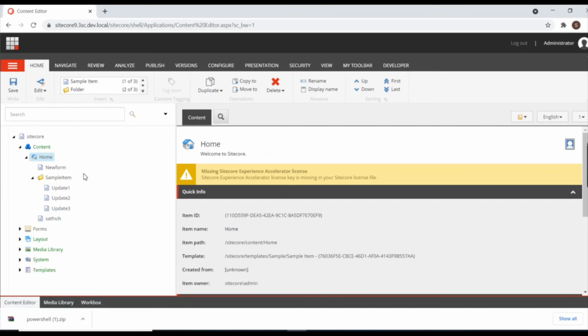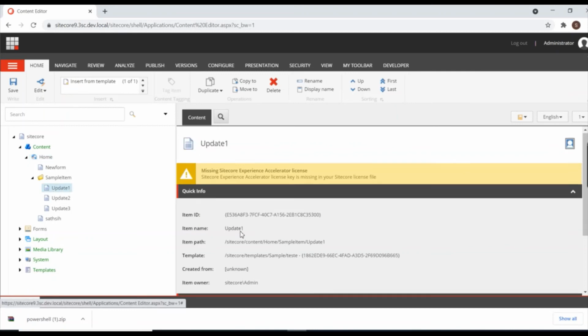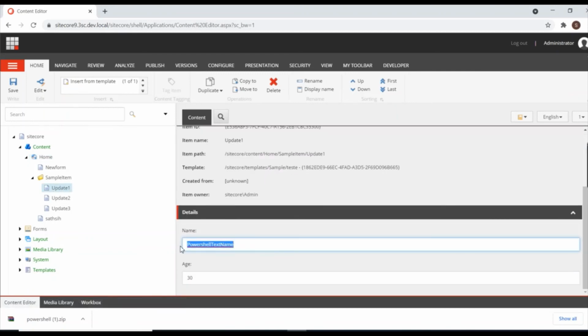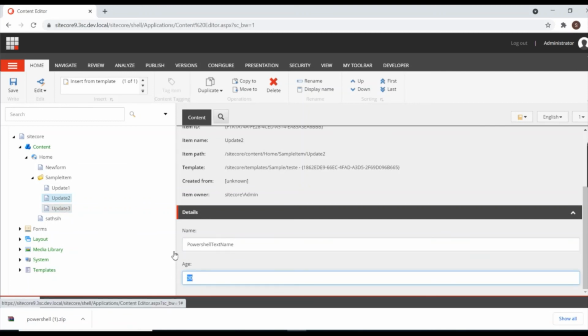The three items, delete one, delete two, delete three, are deleted. Update one is updated and contains the data which we included in the PowerShell script. Similarly, update two as well, and update three as well.